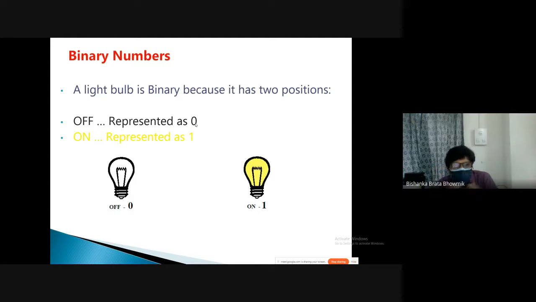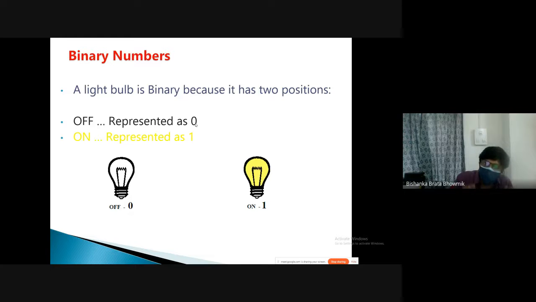Now, doing this, we can come to the binary representation. As they will be in class 4, maybe we can start with understanding what binary numbers are. They have already read that decimal numbers start from 0 to 9, and combinations of these can make more numbers. Same way, binary means 1 and 0. Using a bulb, you can show them that if the bulb is on, we think it is 1, and if the bulb is off, we think it is 0.